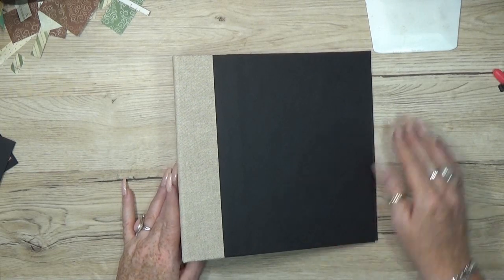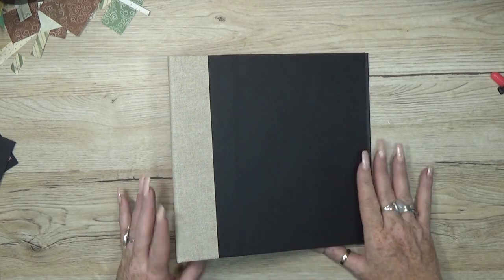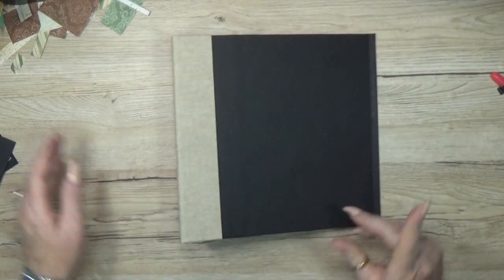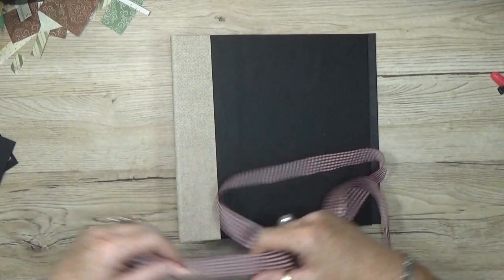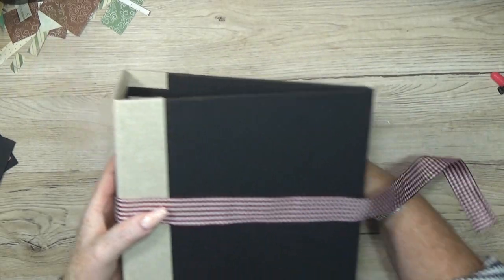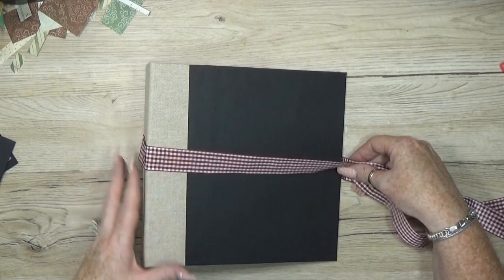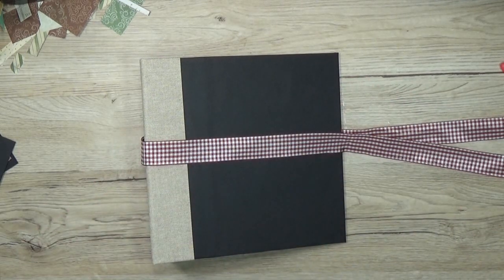Okay, now let's see what I want to use for the front and for the back. Before I forget, I definitely want to use this ribbon. Love this ribbon. I have no idea if I can wrap this around it. It would be nice. Oh, perhaps we can. Wait, where are my pages? So I can see